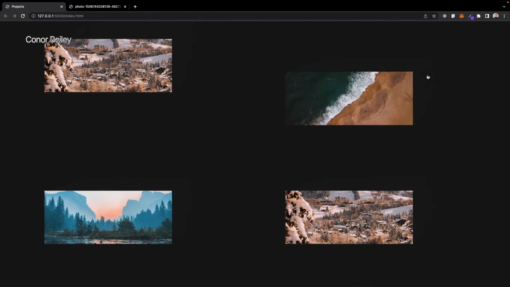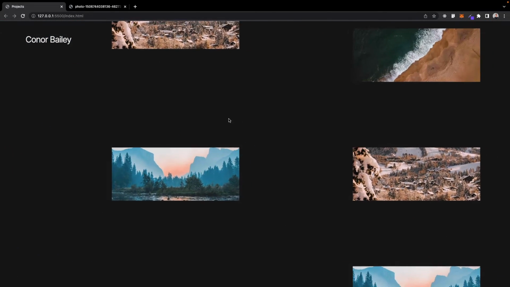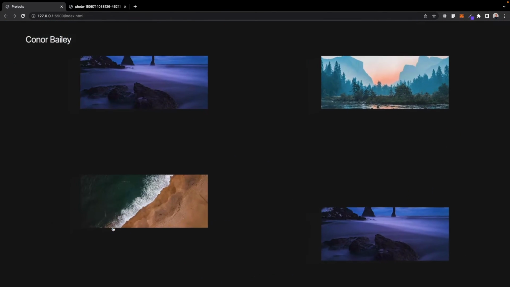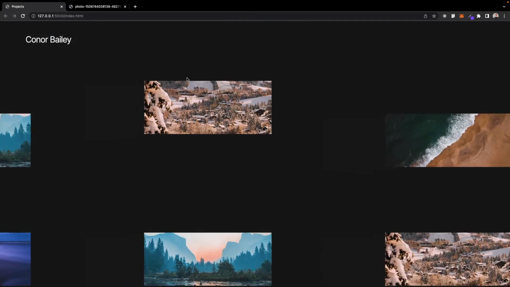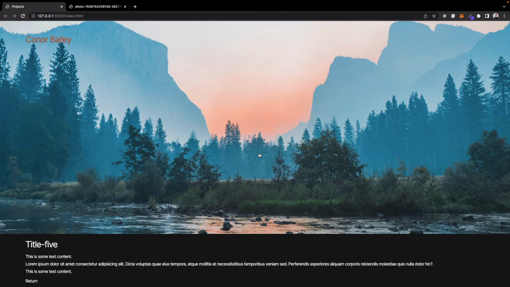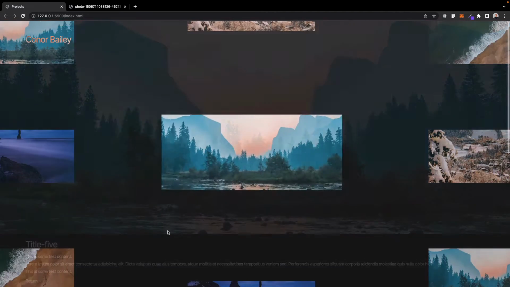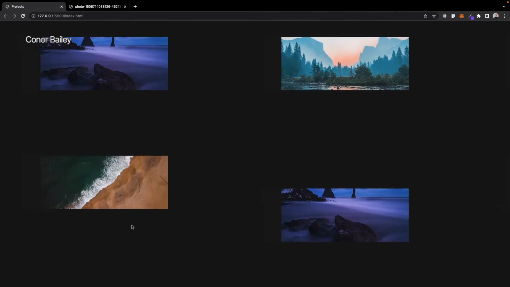So today we're going to be creating this cool grid layout you see here, and we have this nice smooth animation with our mouse move so we can navigate the grid, and also we're going to be implementing these nice smooth transitions when we click on a grid item, and it will load up the relevant content for each of our projects. Okay, we can return here and it will go back to the grid and we'll resume the nice